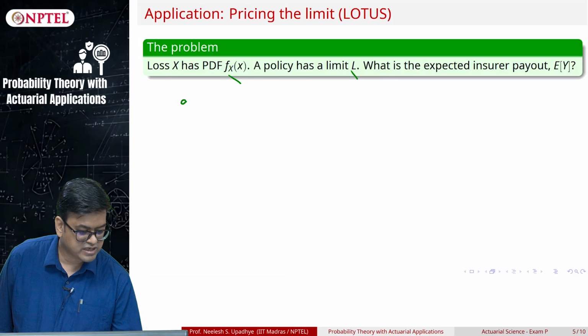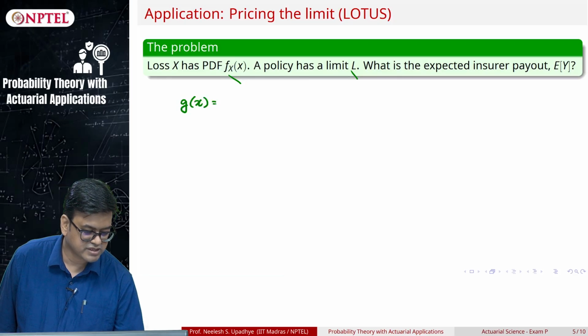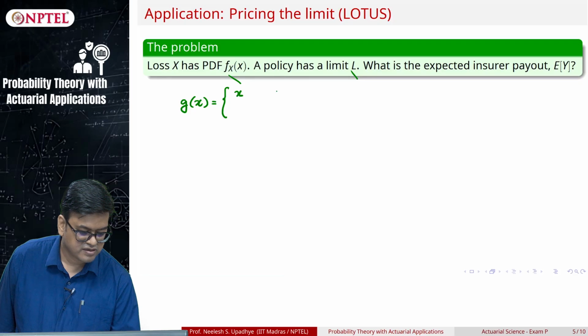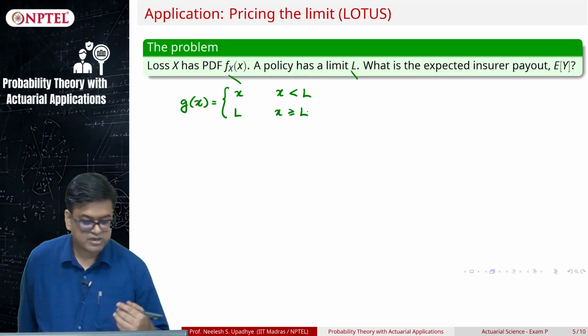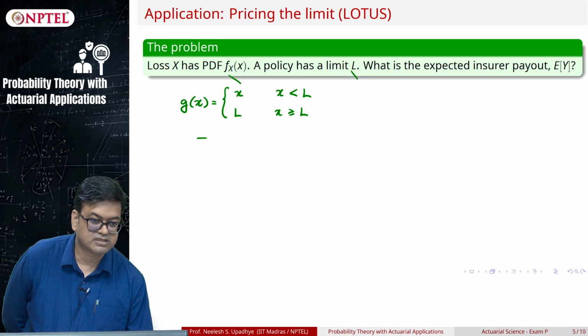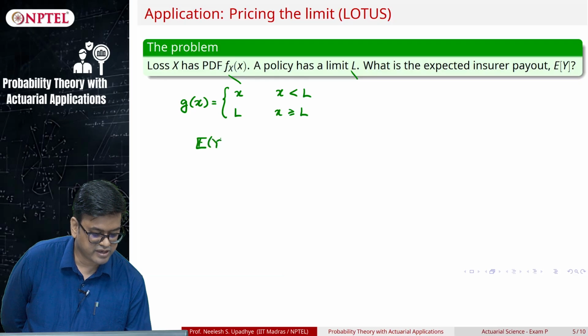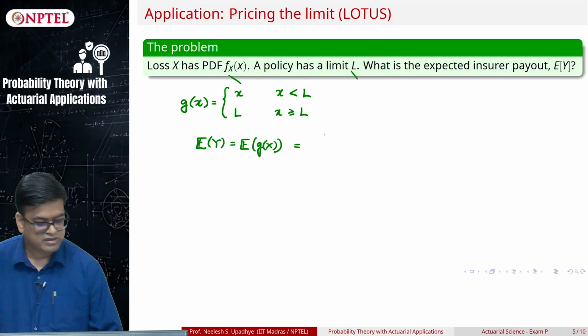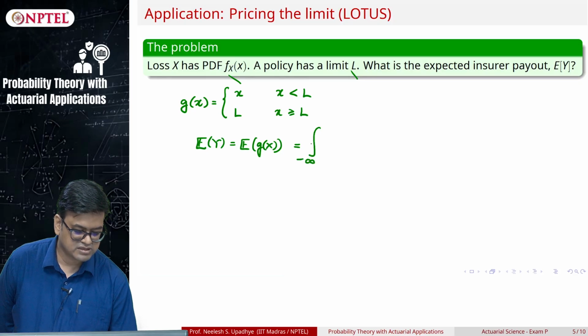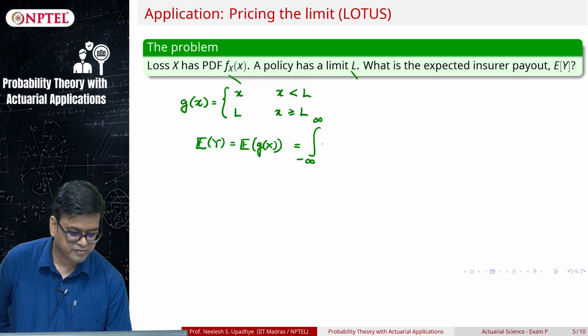So, what was my g(x)? My g(x) was essentially x for x less than L, and it was L for x greater than or equal to L. So, how will I compute the expected value of g(x)? So, that is the idea. It is the expected value of Y, which is equal to the expected value of g(X), and we already know this expected value of g(X) by LOTUS is the integral from minus infinity to infinity of g(x) f(x)